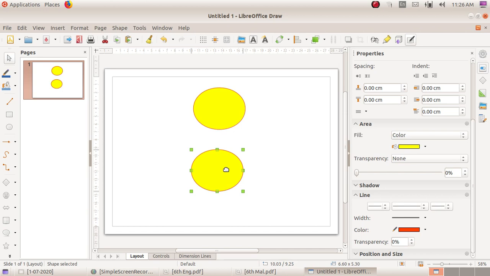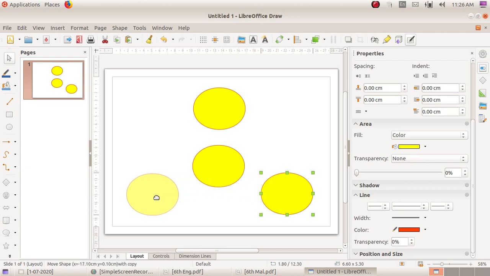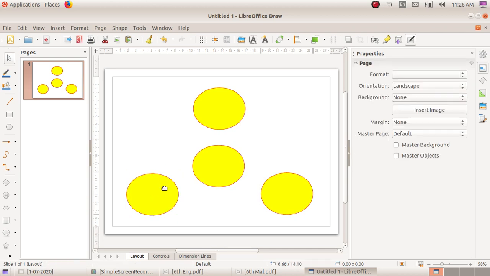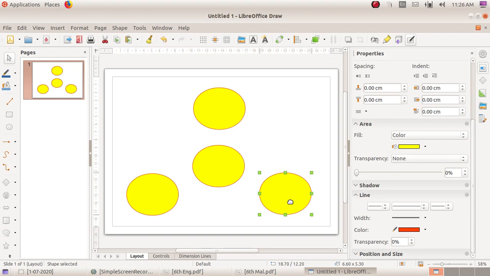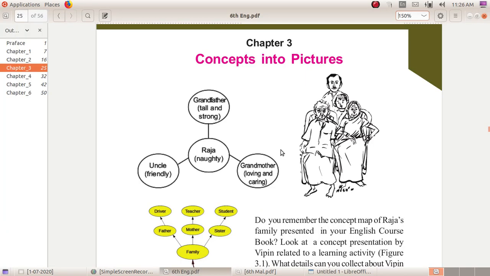Then drag the mouse once more, and once more.